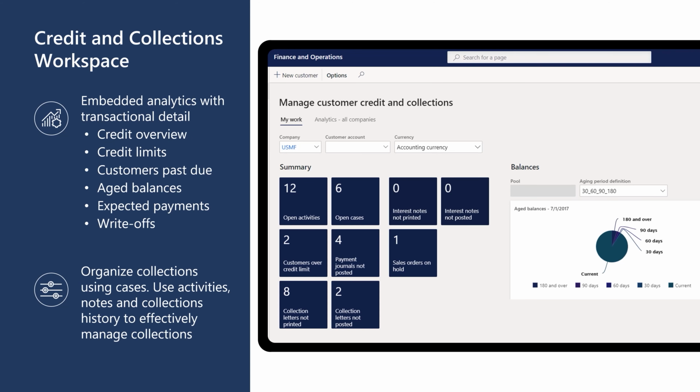A huge benefit of the new UI is the workspaces that provide actionable tabs, key visuals, lists, and links to your functional activities. This credit and collection workspace is key for monitoring credit status, for age balances, over credit limits, and past dues. You can also organize credit collection process with the use of our case framework to formalize and